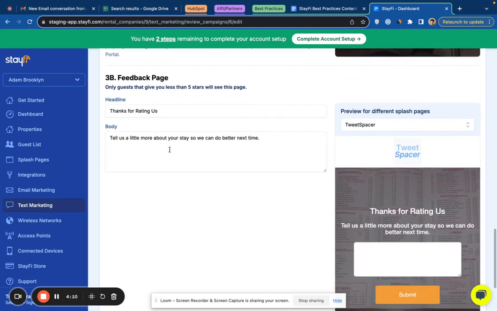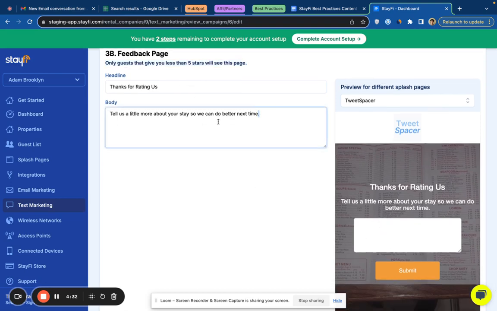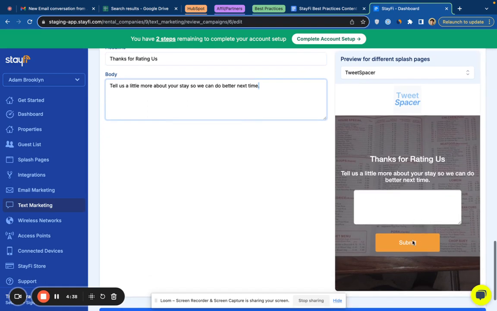But what's really unique about this rate and review feature is this feedback page, which is, as you can see, where guests will be taken if they give you less than 5 stars. So rather than have that 4-star, 3-star rating actually affect your ratings externally, what this does is it allows the guest to tell you what was wrong with the stay, what was imperfect, and vent a little bit and give that feedback,